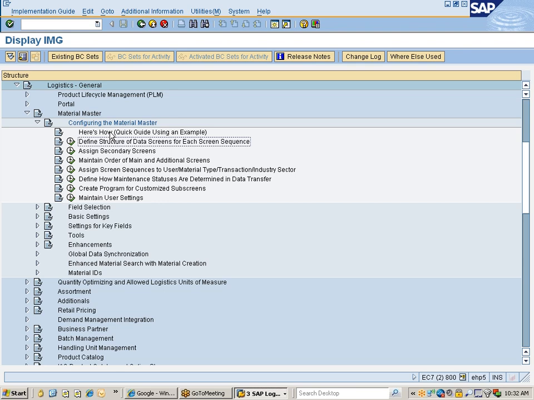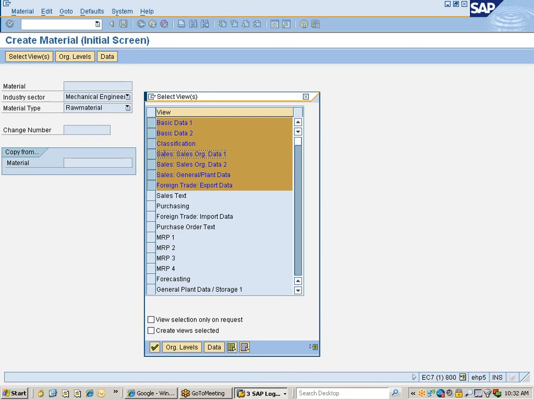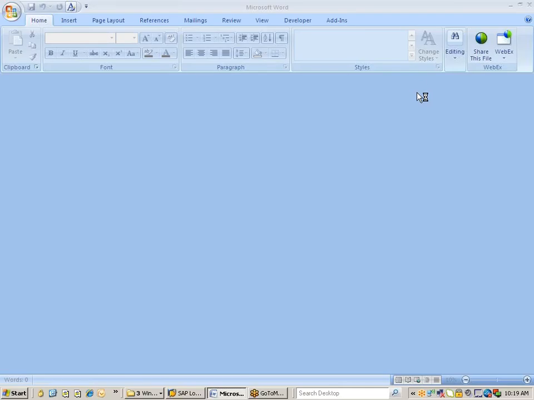First one, define the structure of data screens for each of the screen sequence. You see here, when I went with MM01, whatever screens you see in the sequential order, like basic data 1, data 2, classification, something,